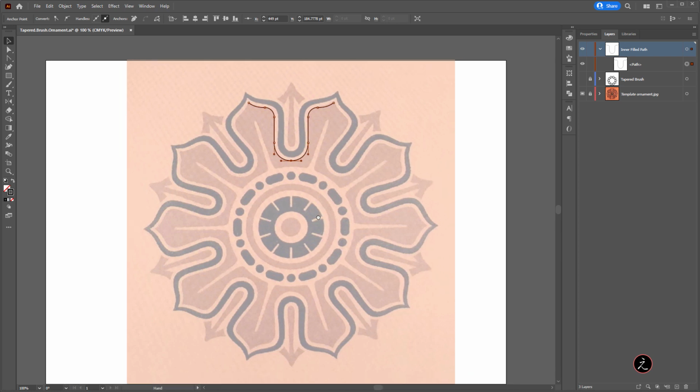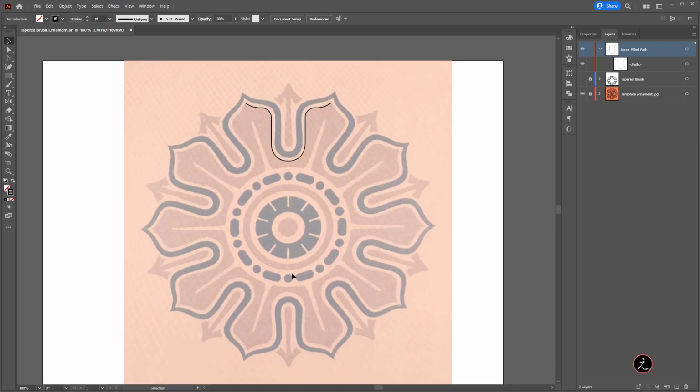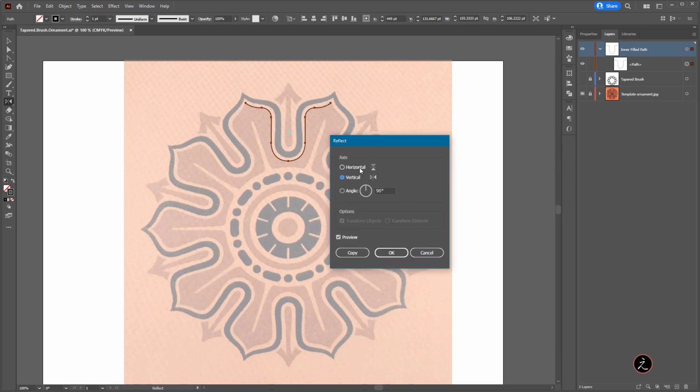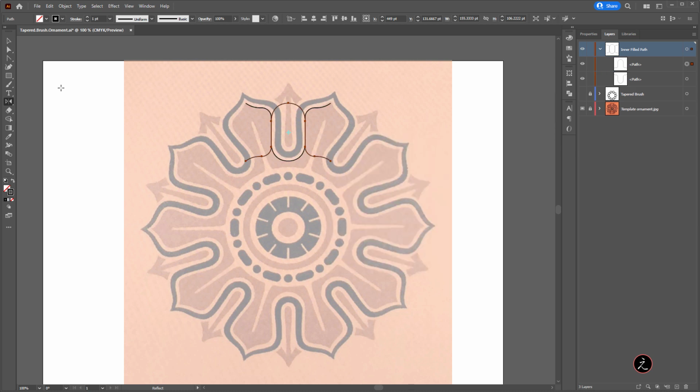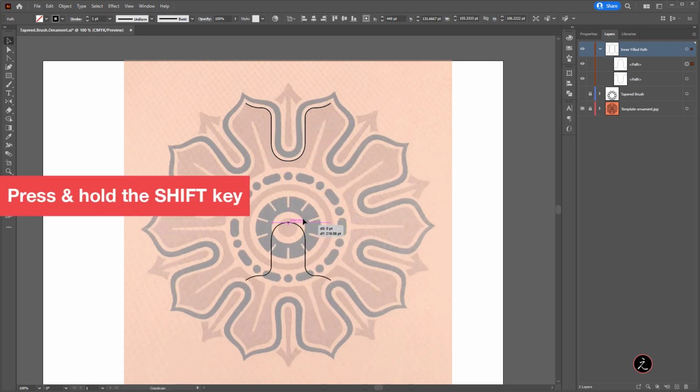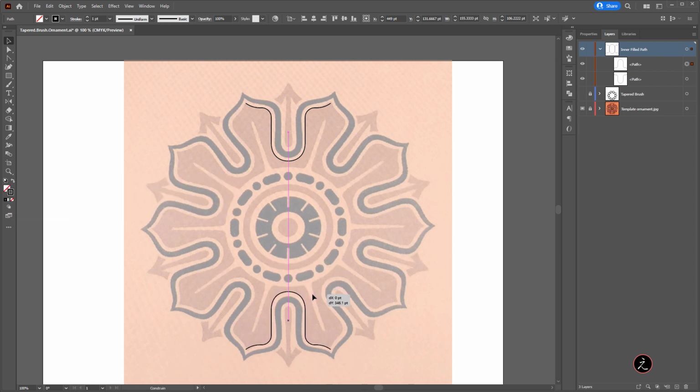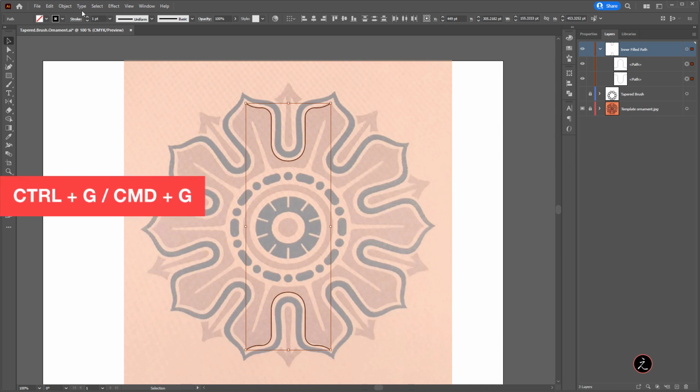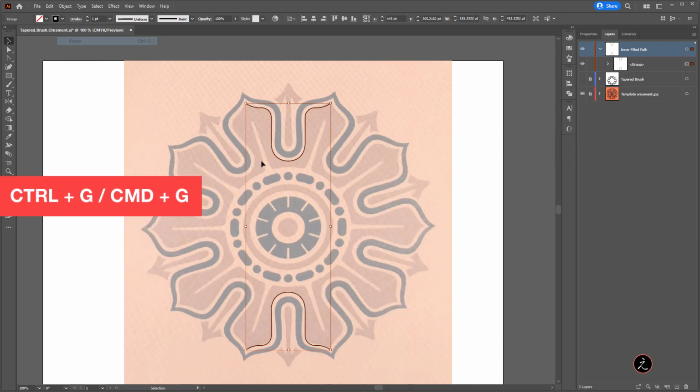We're going to basically create another duplicate and move it right here. So marquee select this with the selection tool. I will double click on the reflect tool. This time we're going to reflect this horizontally, but we do need to have a copy. So I'm just going to click on copy here, switch to the selection tool, click and drag. Hold down the shift key as you do, and just move it right there. All right, that looks good. And I will marquee select those 2, and I will group them together. So I will go up to the object menu and group them.